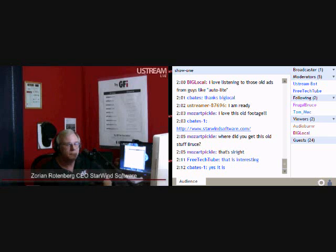Those iSCSI SANs with, say, 8-10 terabytes of storage in a metal box that gets shipped over to your office, you could easily spend $60,000 to $100,000 without blinking. Really? I don't want to mention any